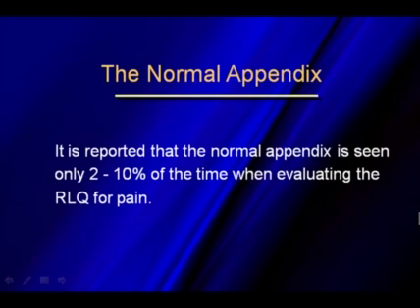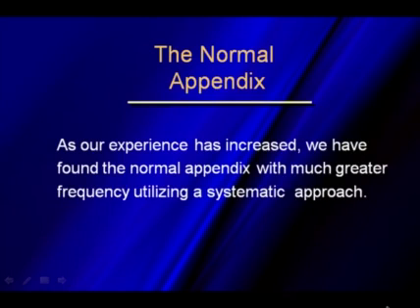It's reported that the normal appendix is only seen approximately 2 to 10% of the time when evaluating the right lower quadrant for pain. In our experience, we have increased that by using a systematic approach when we scan for the appendix. So what we will talk about is the systematic approach that we use in trying to locate